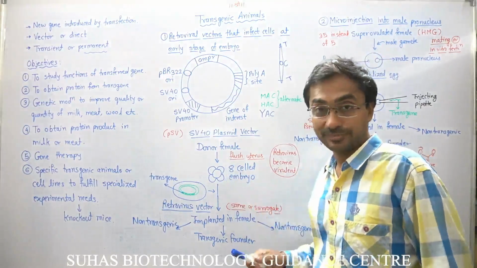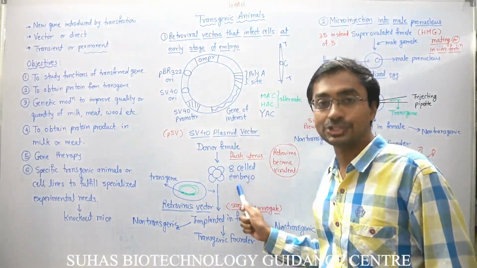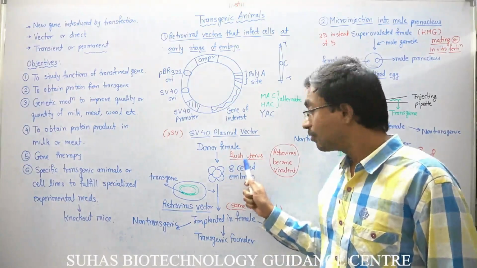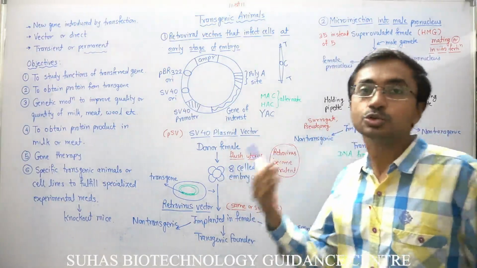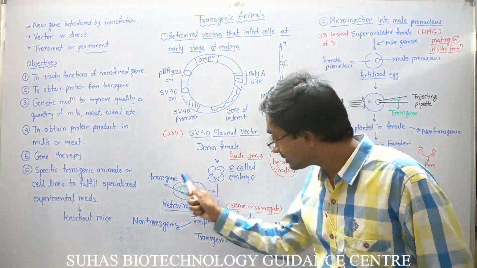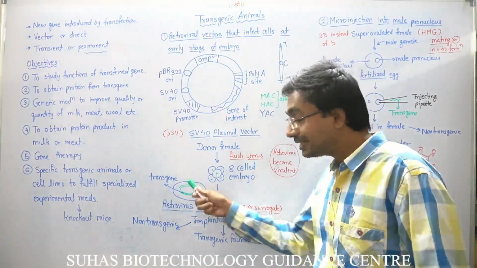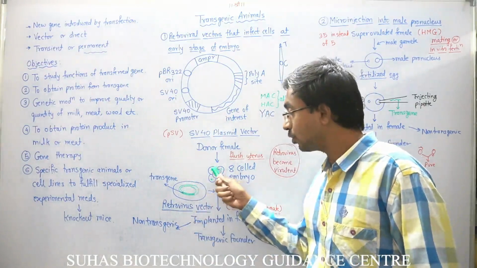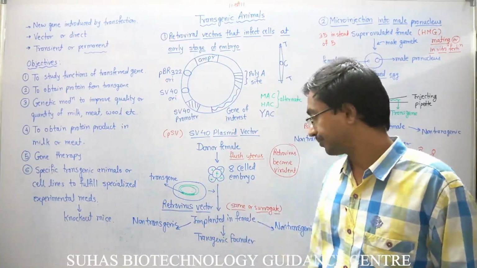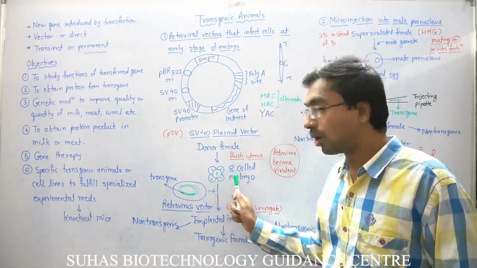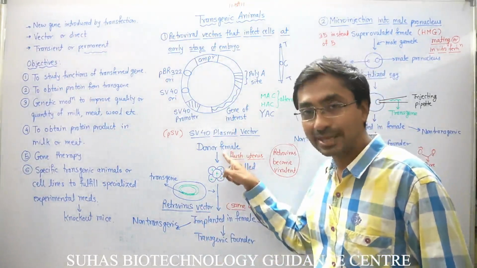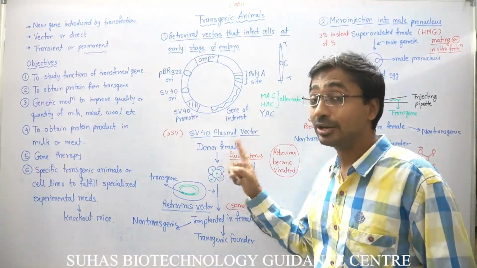These embryos at 4 to 8 cell stage are removed from the uterus of the female by flushing the uterus with a particular solution, and these embryos are incubated with this retroviral vector. This retroviral vector many times shows transfection, and that gene is transferred. Now this embryo, or such embryos, are implanted back into the same female,